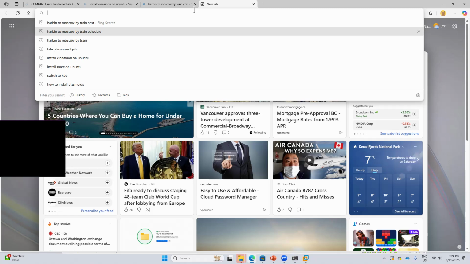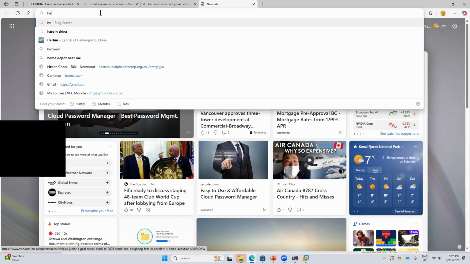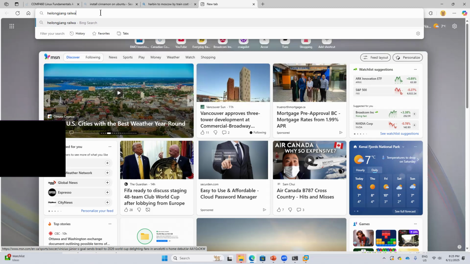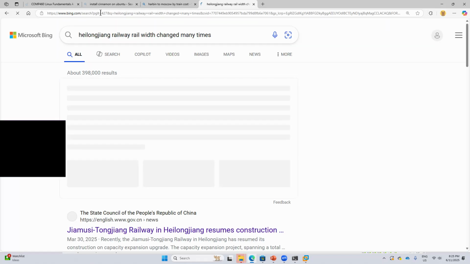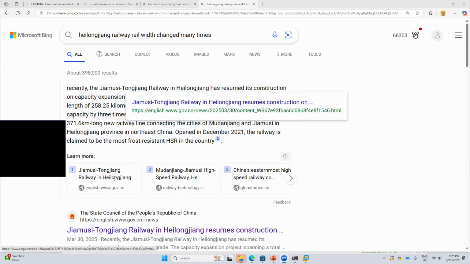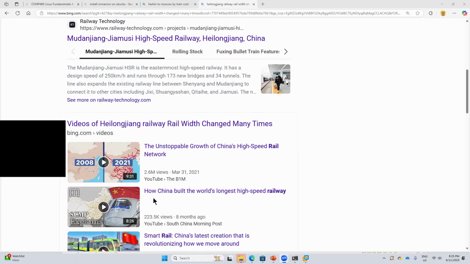You see the Heilongjiang. This is my province. The railway changed many times in history. No, this is not the one. No, from Wikipedia, it says. Anyway,